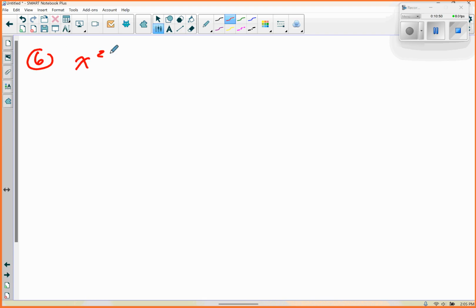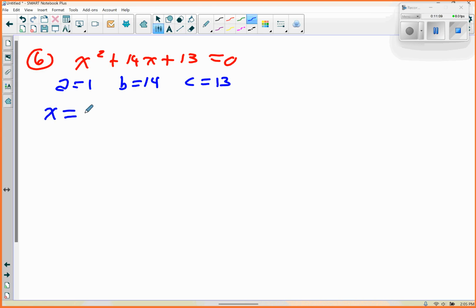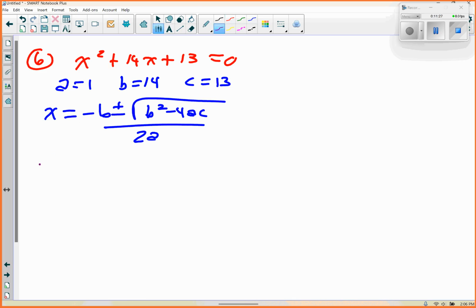We have x squared plus 14x plus 13 equals 0. A equals. B equals. C equals. What's next? You pick up all that from, because x is equal to negative b plus or minus the square root. What's next? B squared minus 4ac all over. Yay! All right, we're getting there. By the time we get to May, it's going to be just like